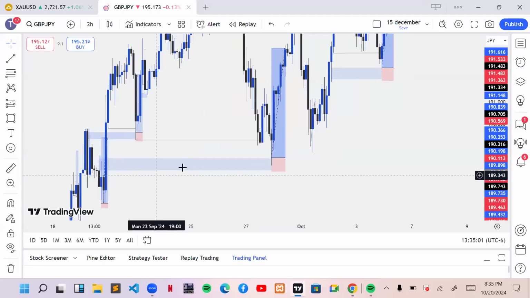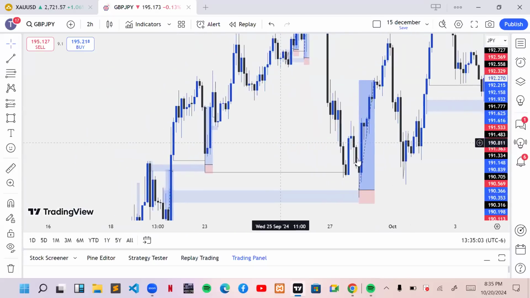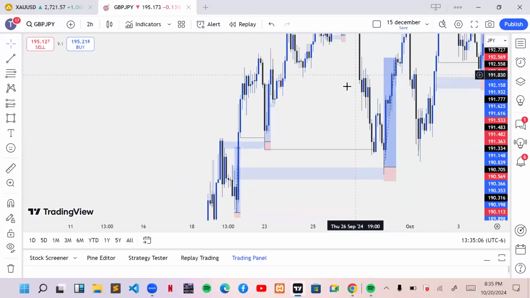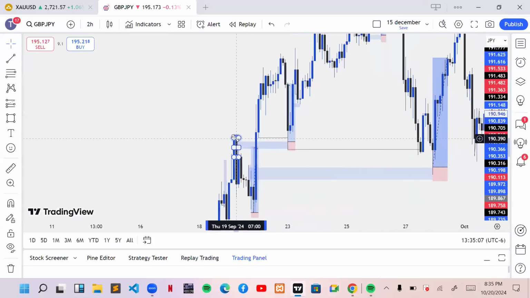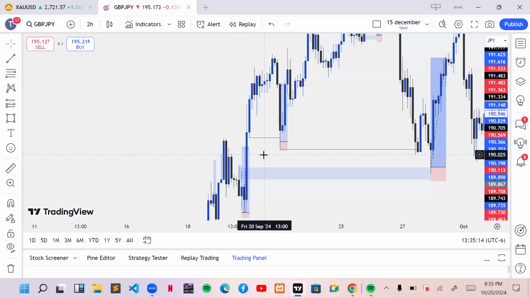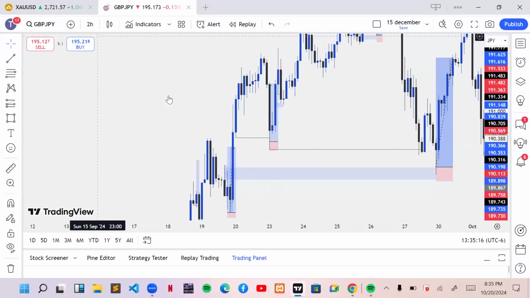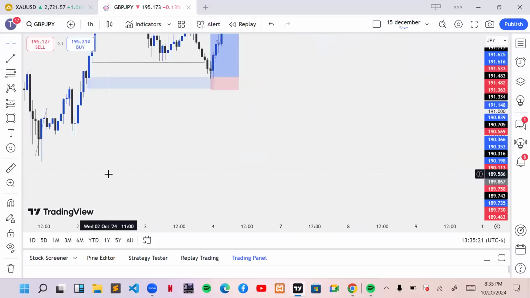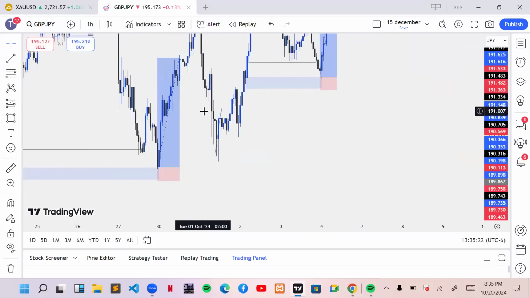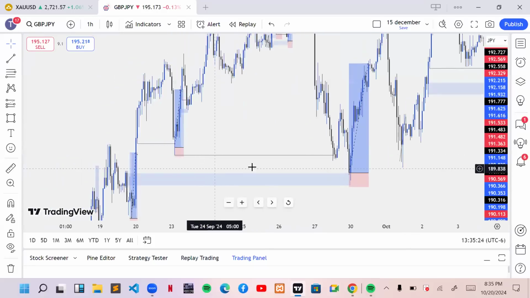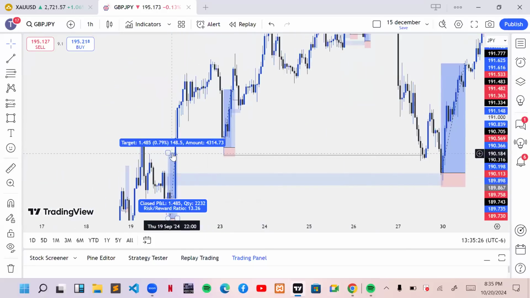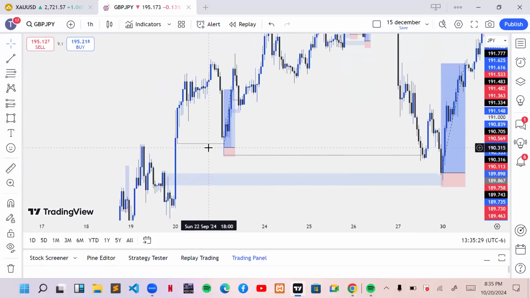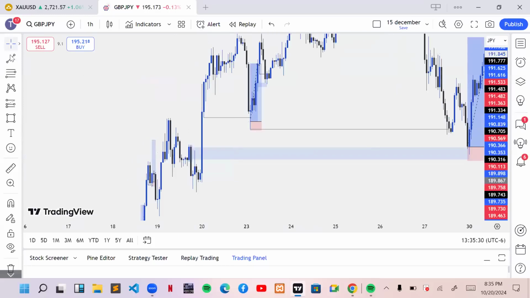Okay, yeah, this trade right here, 2 hours time frame. So if you pay attention to this trade right here, this was a shift in market structure because market was